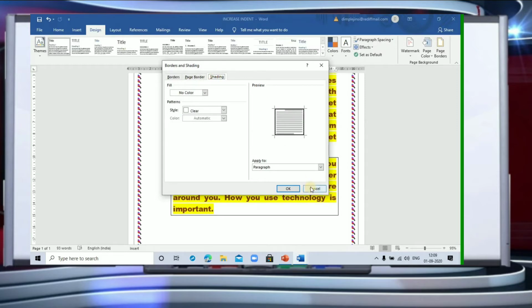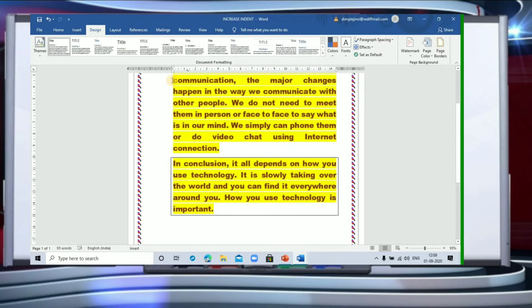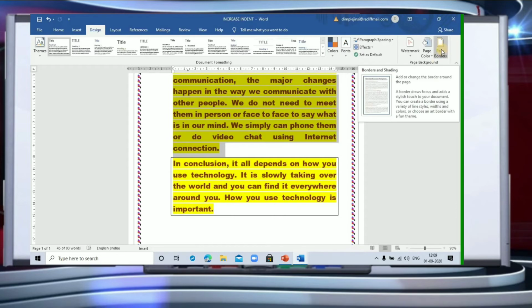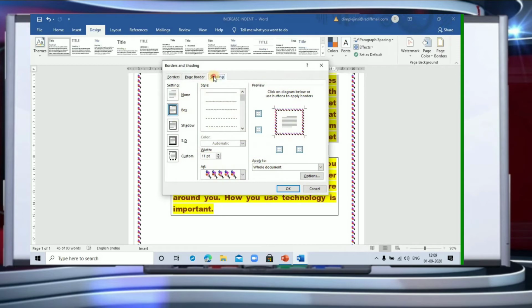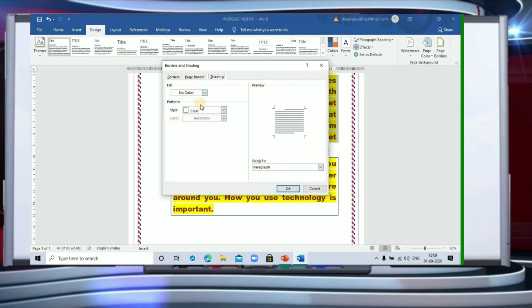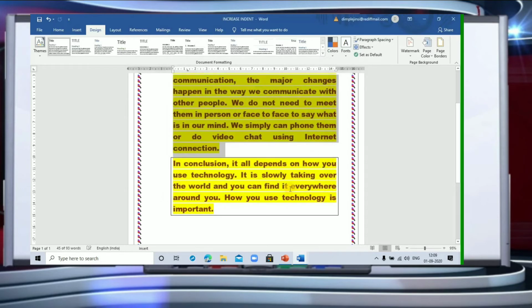Similarly, children, in the same page border, one more option you have is shading. But for shading, what you have to do is select the text. So select the text, and you can give shadings like you give for your drawings. Go again to your page border, go to the shading option, and then you have your style and color, whatever you want you can use. Suppose I'm picking a light color, this color, and then I click on OK. So you will see shading here for your text. This is how you can go for the page formatting.